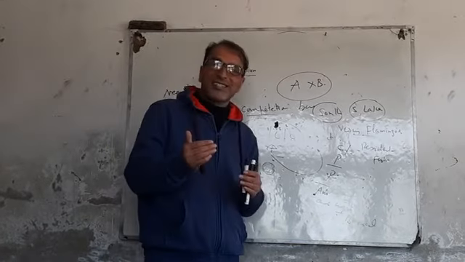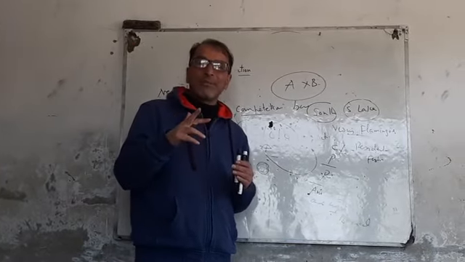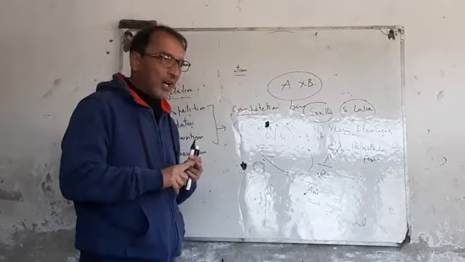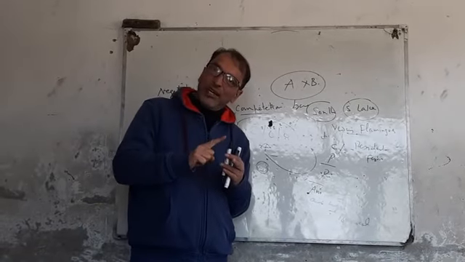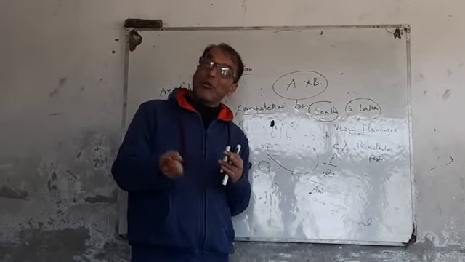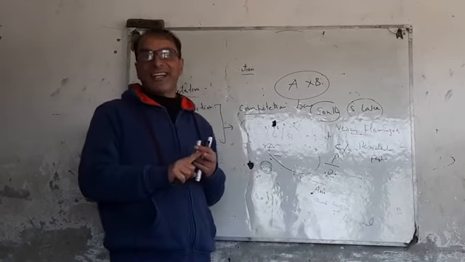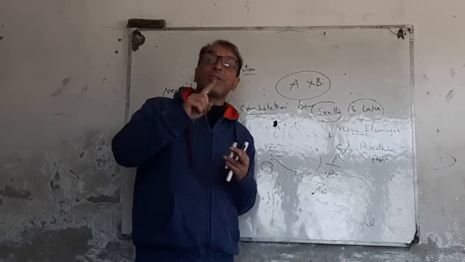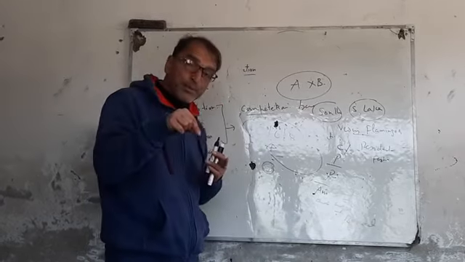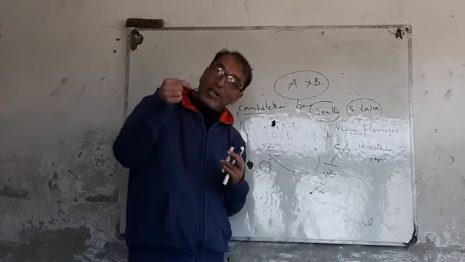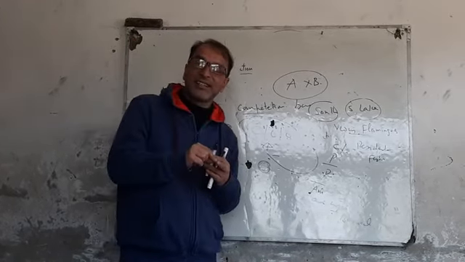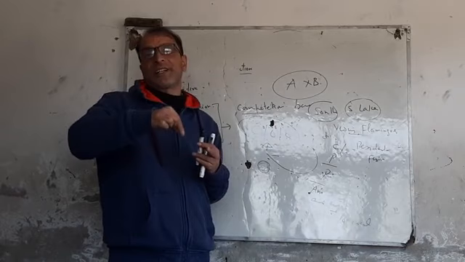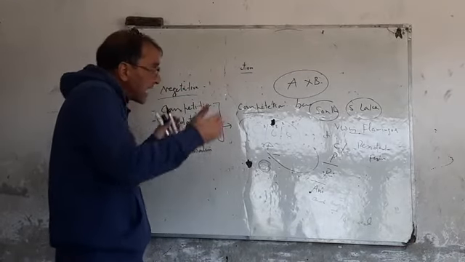So the two points which I told you: one, competition can be between closely related species and totally unrelated species. Number two, the competition can be for a limited resource and for a resource which is present in abundance. When there is competition for a resource which is present in abundance, that is known as interference competition, because one species tries to interfere and inhibit the presence of the other species.